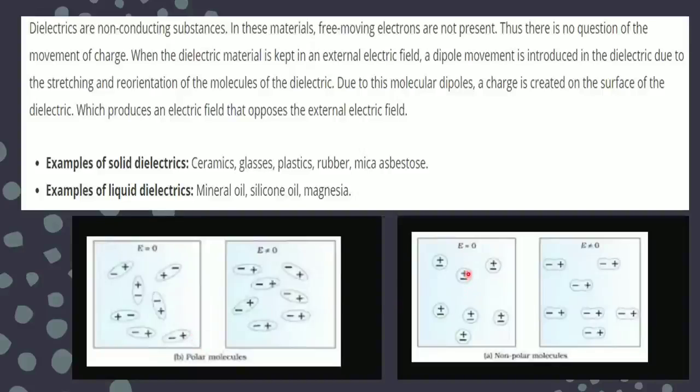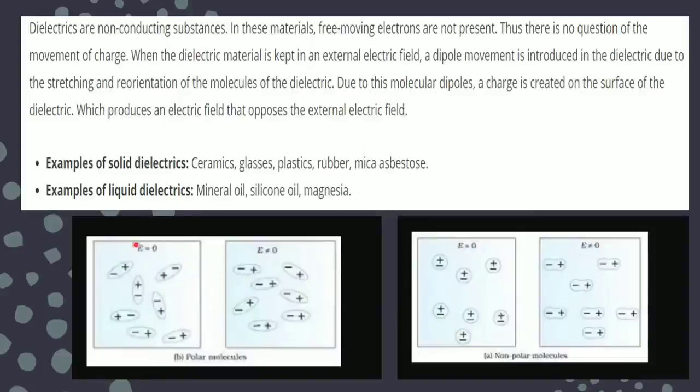And here they are not separated by any distance, so they are termed as non-polar molecules. So both, it means I have dielectrics, I can have two types of dielectrics with me. We have already discussed the examples of dielectrics with you: glass, water, ammonia, all these we have discussed. But now what we want to study is what happens if I put the polar or non-polar dielectrics in the electric field.